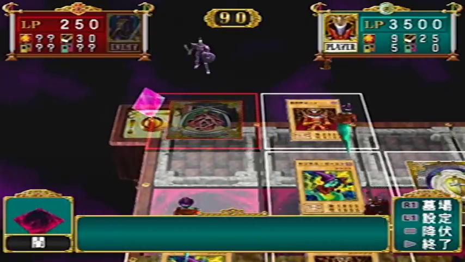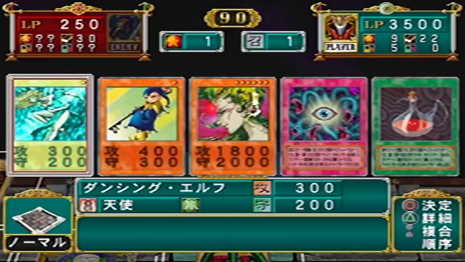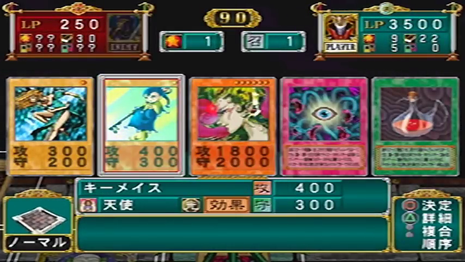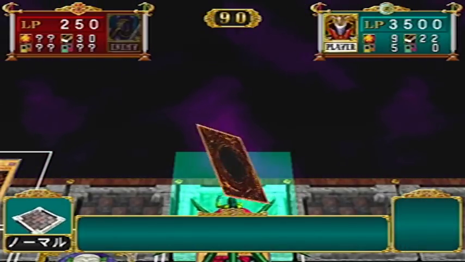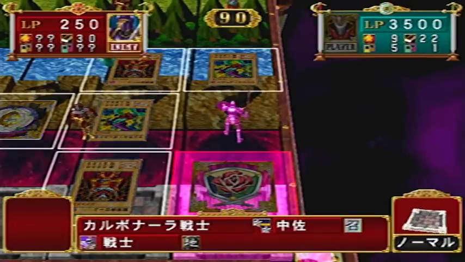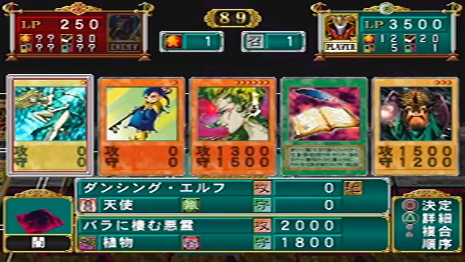Alright, cool. So we got a setup where he's not playing anything. So potentially we've even got a Gorgon's Eye. We can actually grind leveling up in this now, with that. That's kind of funny. I just want to play a third Illusory Gentleman out, and then...